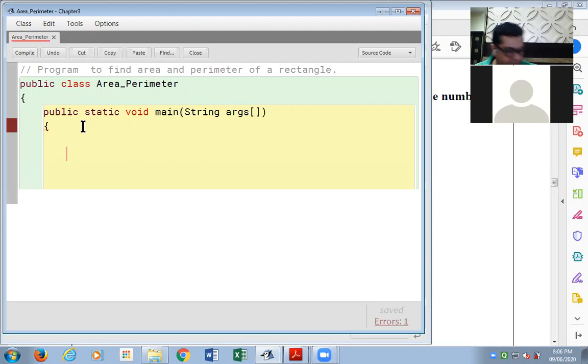Now, one more thing. If at all you have the solution in front of you, close the solution. When I'm teaching you, you should not be seeing the solution of any program whatsoever. So kindly do that, good to yourself. That is not going to help you in any way, let me tell you. Keep your solutions aside. You can look at them later for revision purpose.